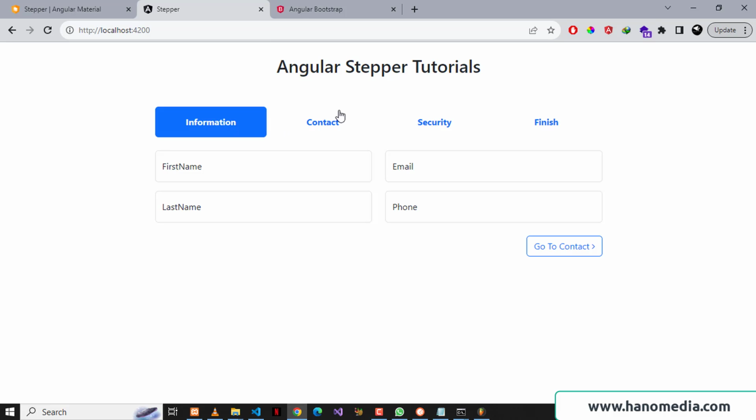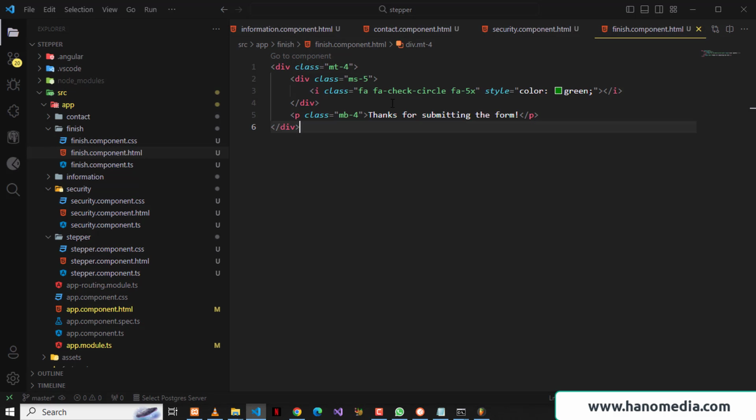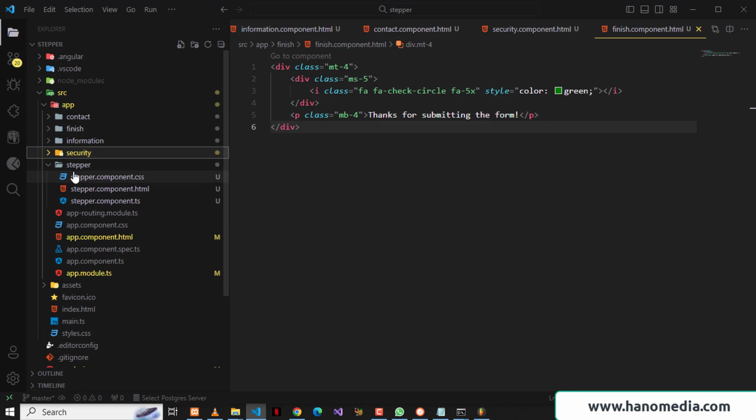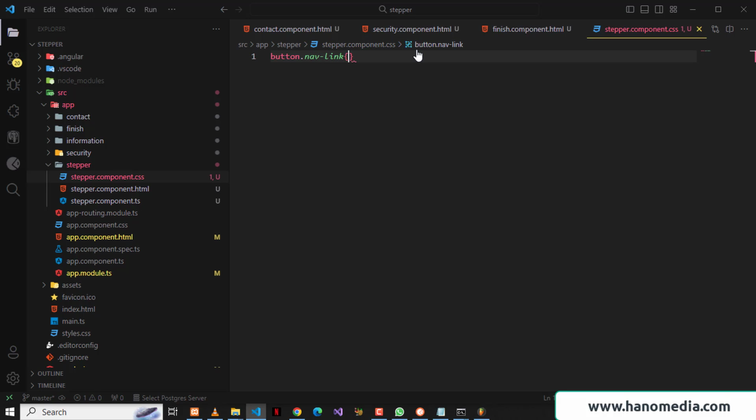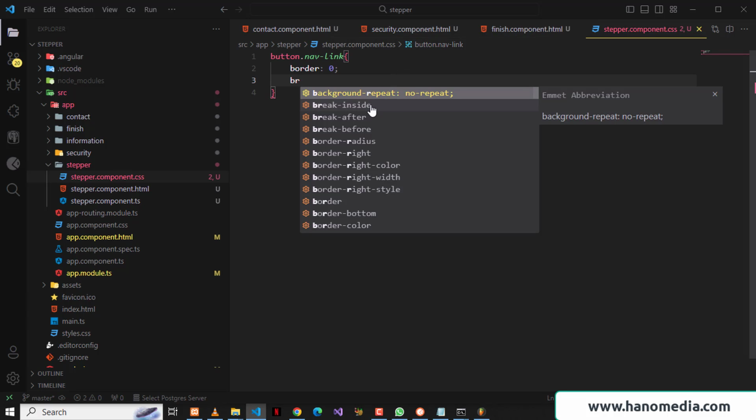And the next thing that we need to do is now to add a bit of styling to this navigation. You can see that it is somehow weird. I'm going to go to the stepper component, of course, it is here, and I'm going to go to the CSS file, and I'm going now to target the buttons and the nav links. The way we do that, I'm going to say button, and I'm going to say nav link, and I'm going to give it a border of 0, and I'm going to give it a border radius of